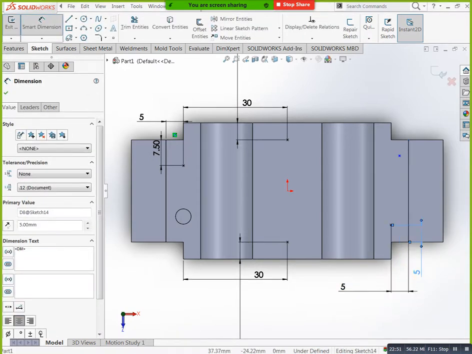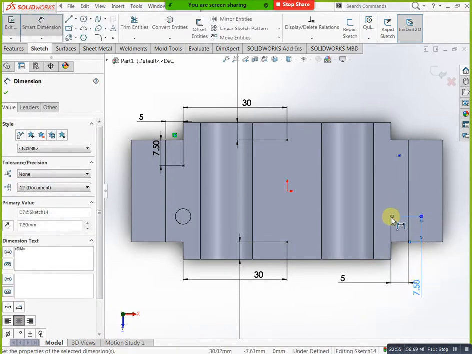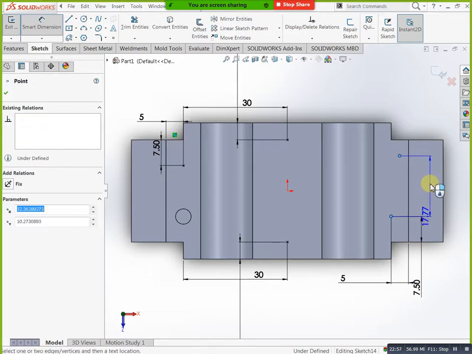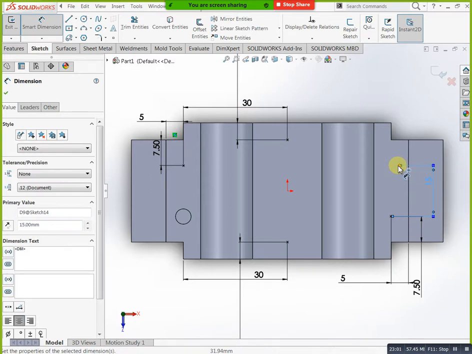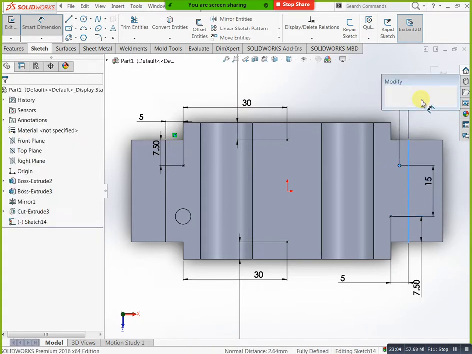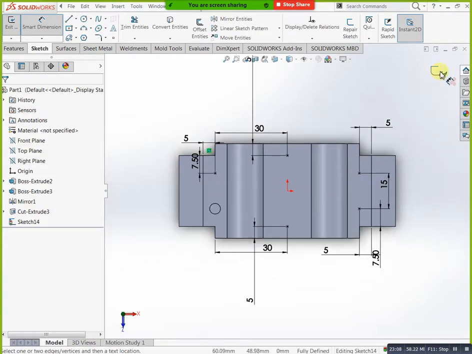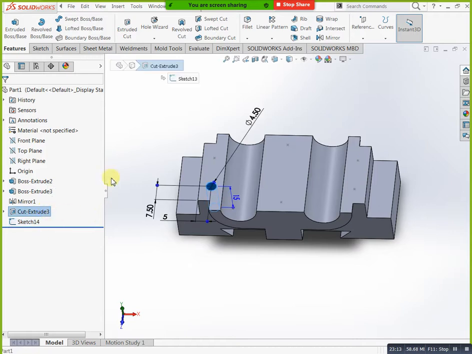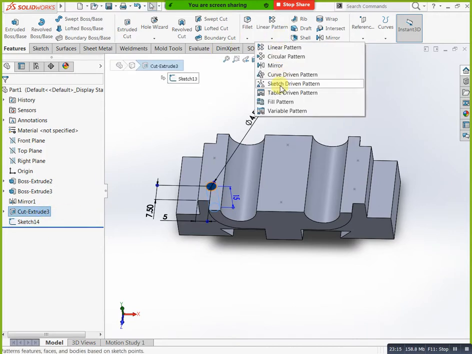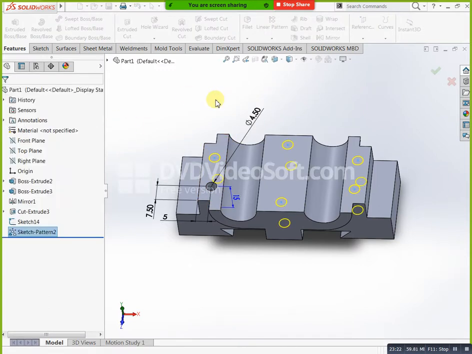That's why you can exit. Okay, Control 1. See, this is our front view. Now we need to check. You mention hidden lines. See, we have holes up to here and this is our feature. Here also we have the same condition, the hole is up to here, and here we have extra center lines. Remaining everything is okay.